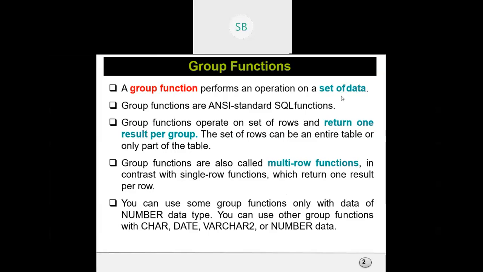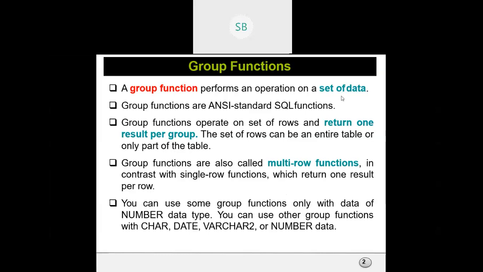Okay, today we are going to discuss another thing, which is known as a group function. In whatever part we're studying in SQL, it comes under group functions, because earlier we studied single table queries in SQL.